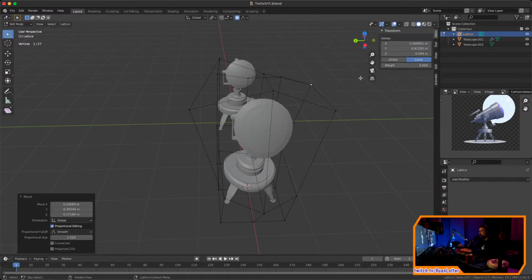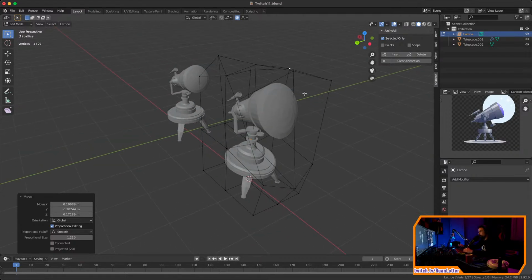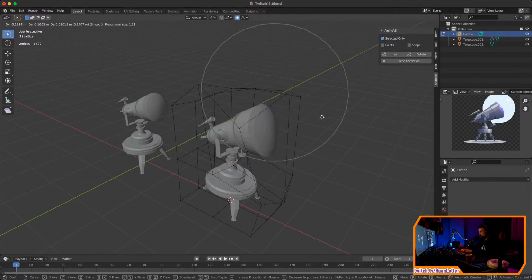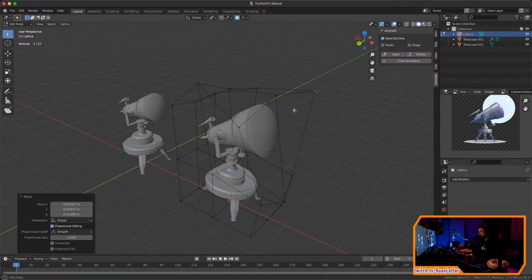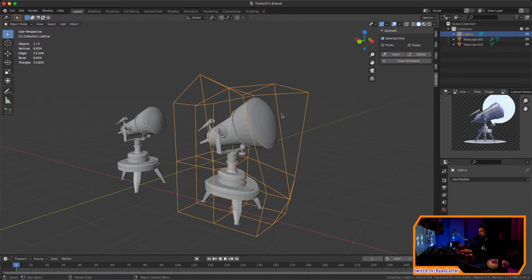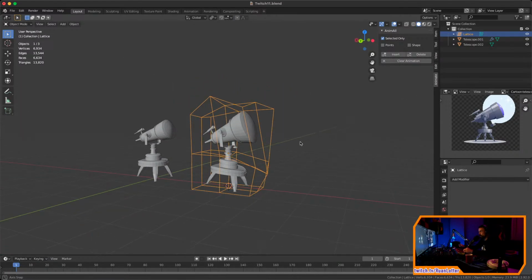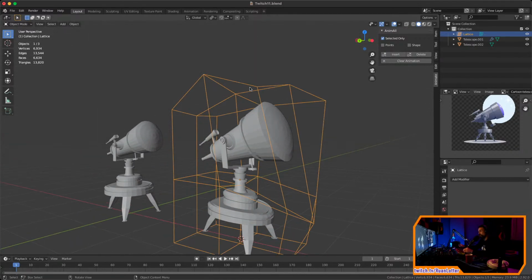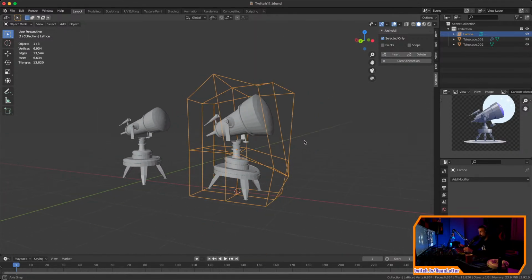You just need to install, I think there's a little plugin you need to install. Yeah, this plugin is called Animate All. So then you can basically animate a vertex position or keyframe a vertex position, which is pretty cool. And the nice thing about this is your animation will be on your lattice, obviously. And if you hide your lattice,